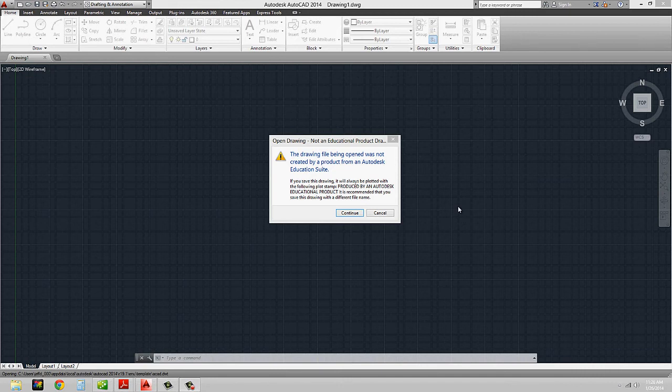Commands are organized in buttons in the ribbons up above here, but can also be accessed through keyboard shortcuts, aliases, and input of commands. In setting up a new drawing, we need to make sure that the units are set to architectural, so that we have our feet and inches. And the tools so far that we introduced include line, polyline, rectangle, and circle, as well as some of the modify tools such as move, copy, and erase.